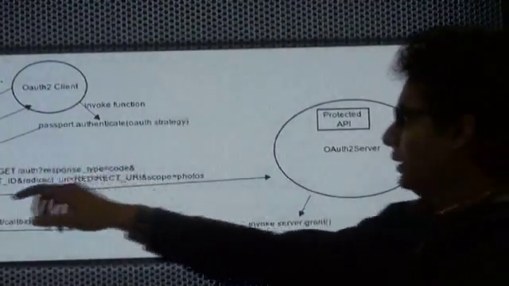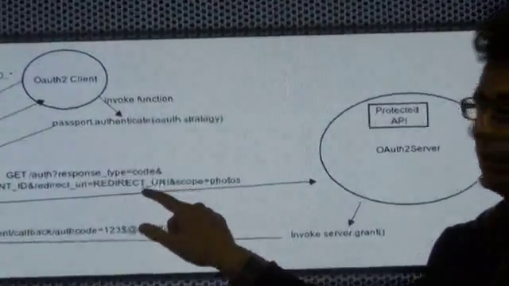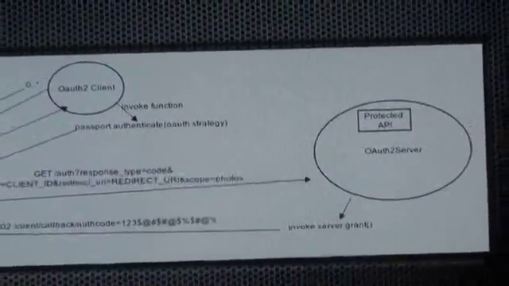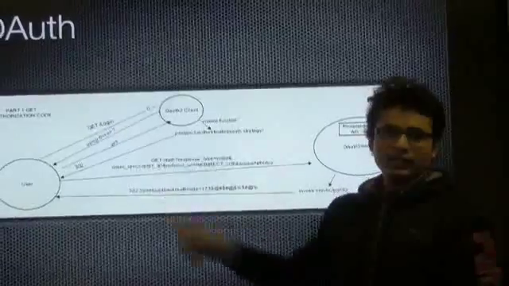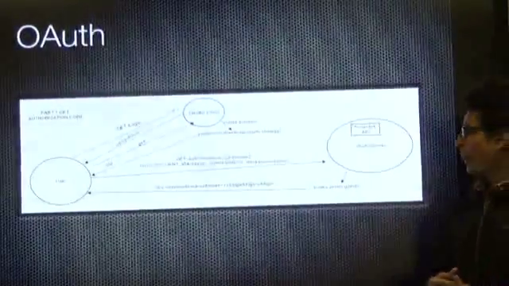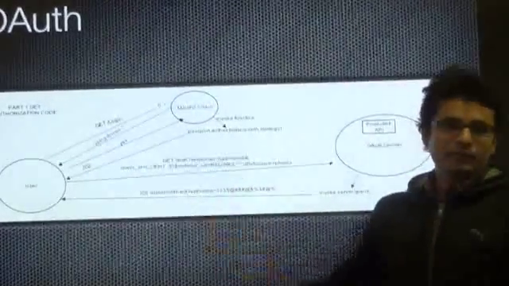So here the client has specified that he is interested in a code based grant type. Then he will identify himself, I am this client. Developer will give his ID, I am this developer. And he will give a callback URL,